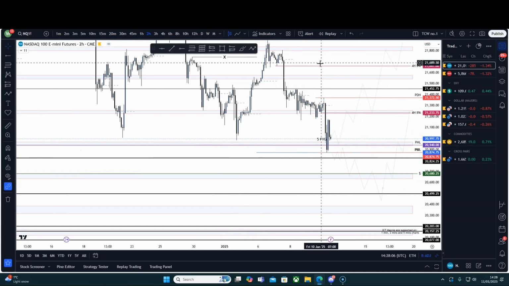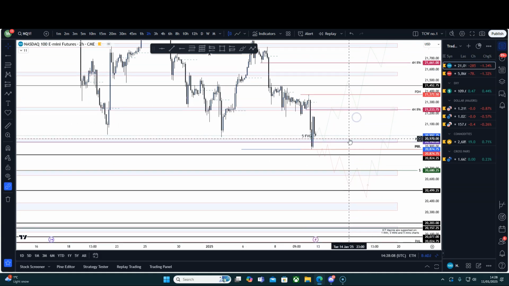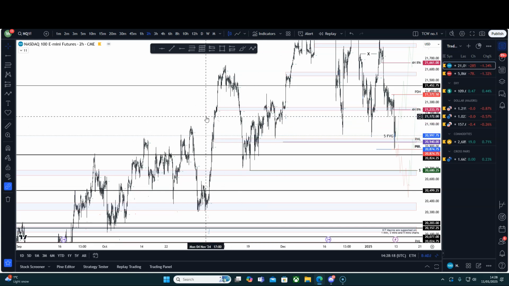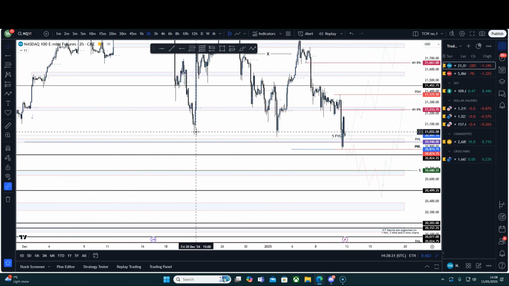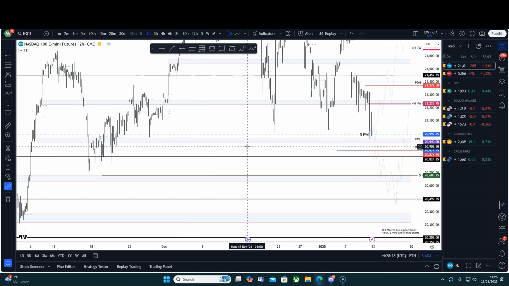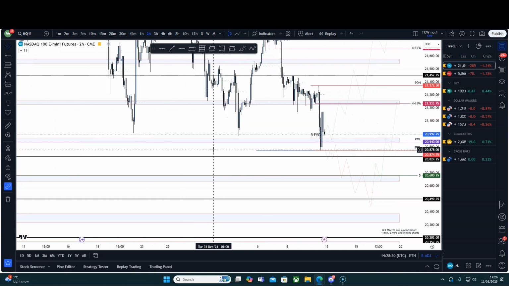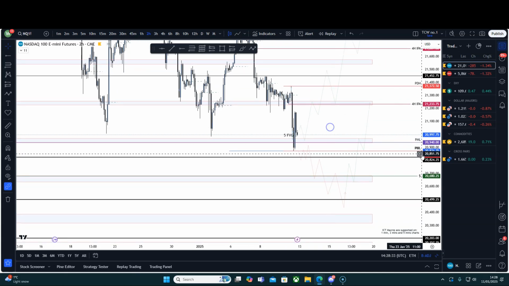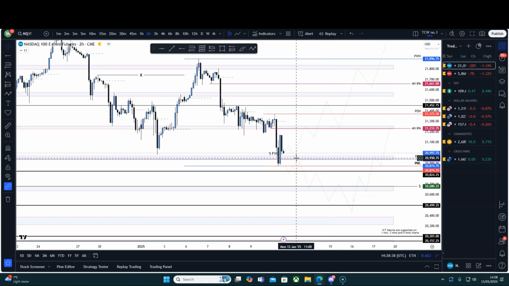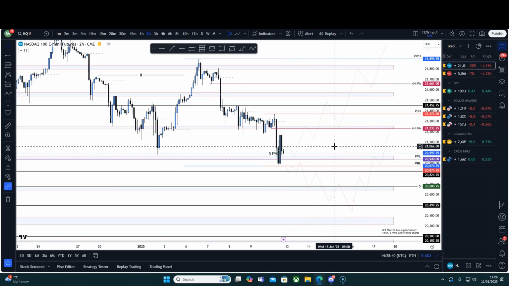Now, starting on NQ, like I say, we have seen a sell-off to the downside. However, we are at a major area of support, which is the previous monthly low. We can see this is a major area running through here. This is on the 2-hour chart. We have run this pool of liquidity, come into a major area of support and we have rejected. Now, my weekly bias for NQ, I am expecting price to move up from this area.